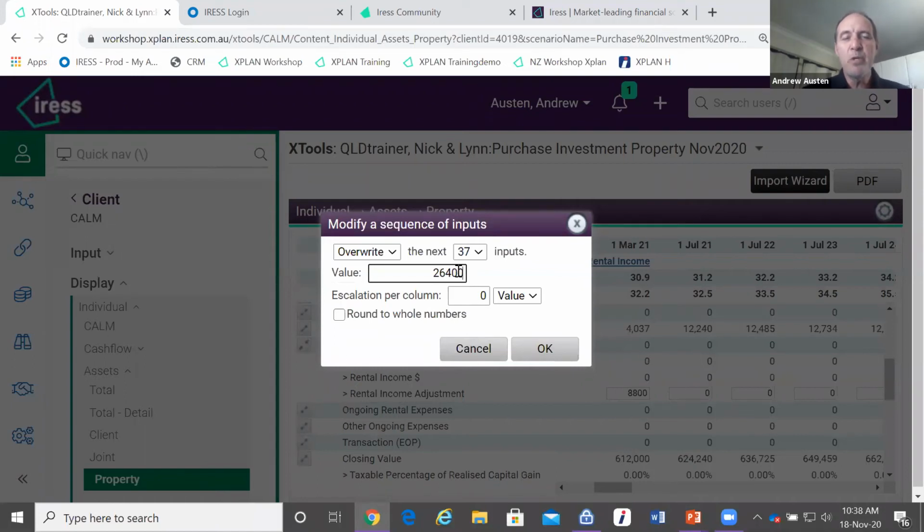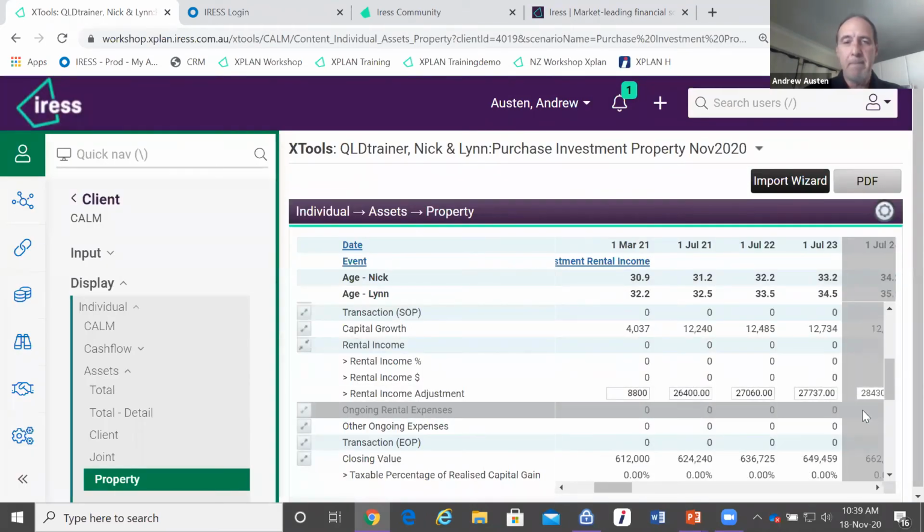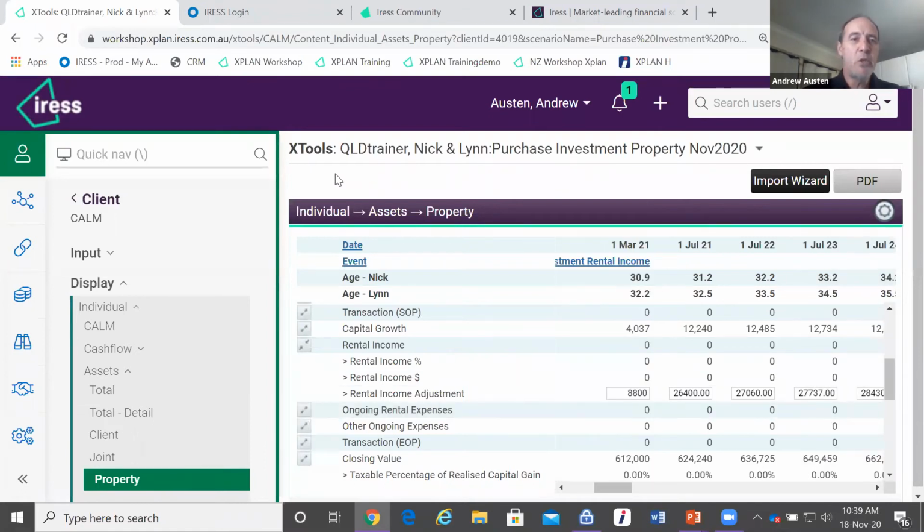26,400. But what I want to do is I want to then index that. I can put a dollar value, but typically you'd index it maybe by a CPI type value. So you can simply change that to percentage. And we might say here, we'll index that by, let's say, 2.5%. Now, I suggest if you're using percent, tick round to whole numbers, because a percentage will add up to a lot of decimal places. So just tick that and go OK. And you can see that will automatically populate. So that's where you can use your key dates, and you can also use it to manage